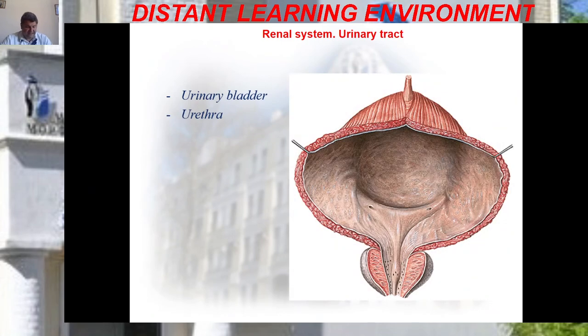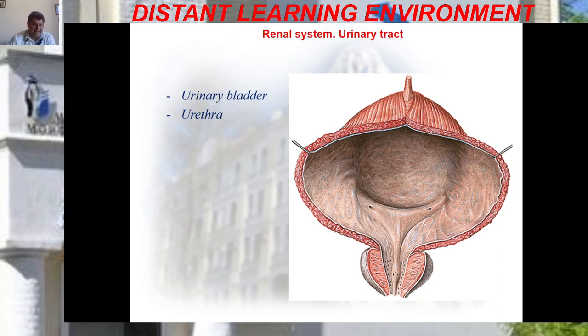Next, let's talk about the urinary bladder. So, the urinary bladder is a receptacle for urine, which is excreted at regular intervals through the urethra. You may see the initial part of the male urethra here. Its capacity is over 50 milliliters, but may vary considerably in individual cases. The shape of the bladder and its relations to the adjoining organs greatly change depending on the extent of its filling.